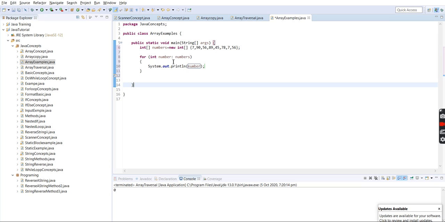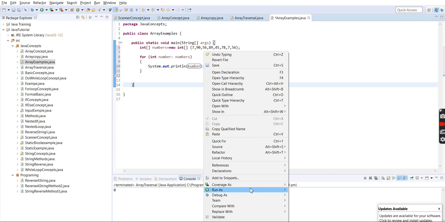of this array. So how we are writing is: int, the data type of this array, then any reference variable for a single element, and then a colon, then we give the name of this array. The name of this array is numbers. So this variable is iterating through each element. When we print the number, it should return the similar thing to i of this for loop. So we'll run and we'll see.